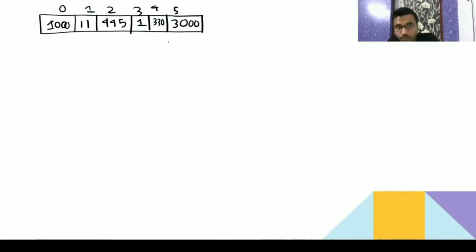So low here is 0 and high here is 5. Number of elements is 6. Total we have 6 elements.